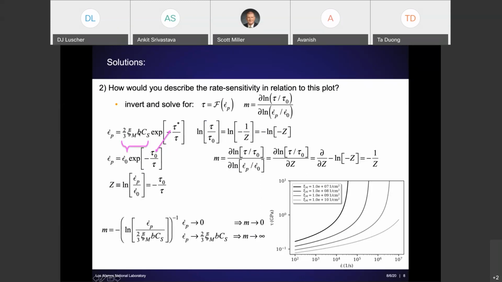Now, when we collect all those things, what we see out front is a convenient term which defines a reference strain rate, epsilon dot 0. So this reference strain rate is 2/3 times the mobile dislocation density times the magnitude of unit slip, which is the Burgers vector magnitude b, times,